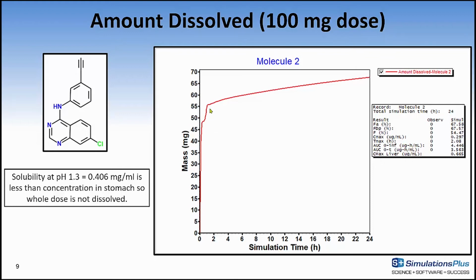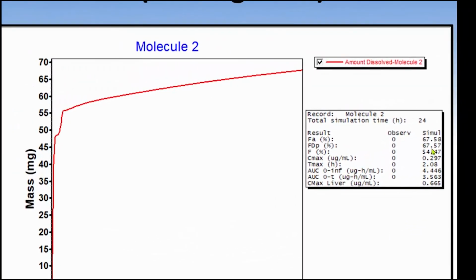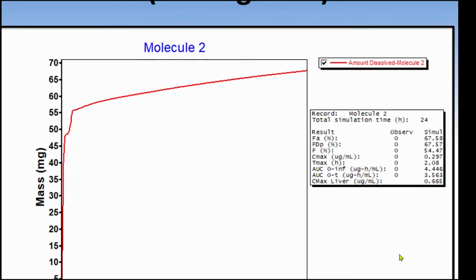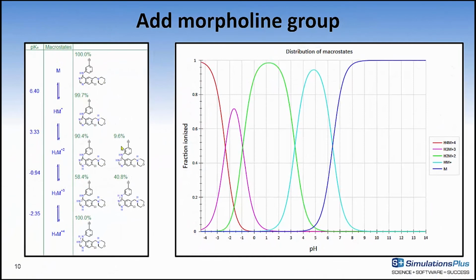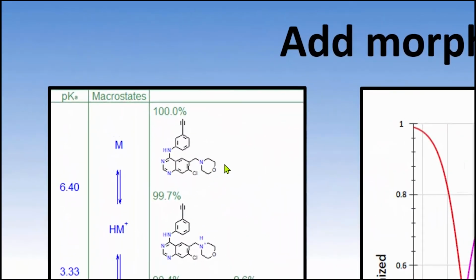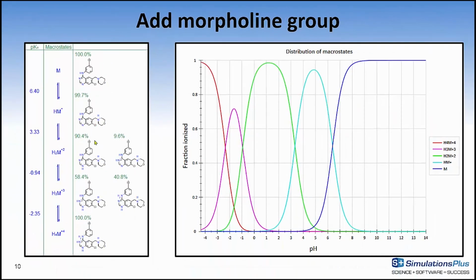Then it starts to work its way down the GI tract, additional amount dissolves, and then you see after about 2 hours, it slowly dissolves. But the oral fraction absorbed is only 68% in this example, and that's because of the low solubility of the compound. Now let's take a look at the compound if we add a morpholine group in this position off the quinazoline ring. So here you see immediately that the pKa is below